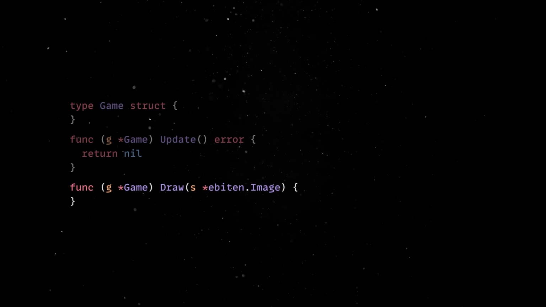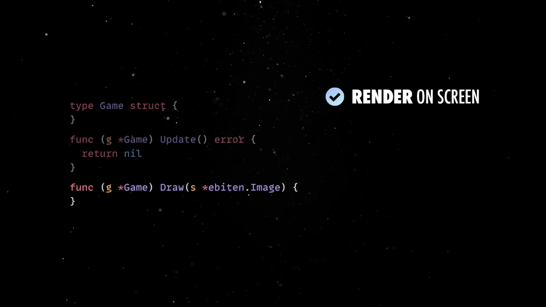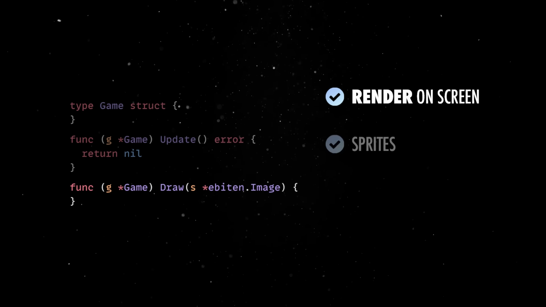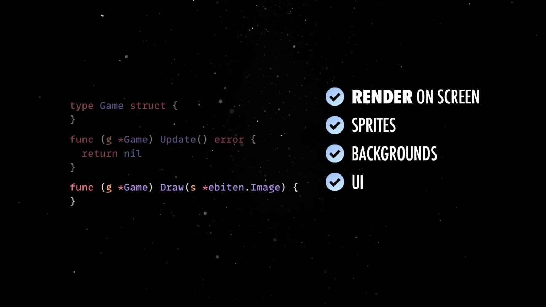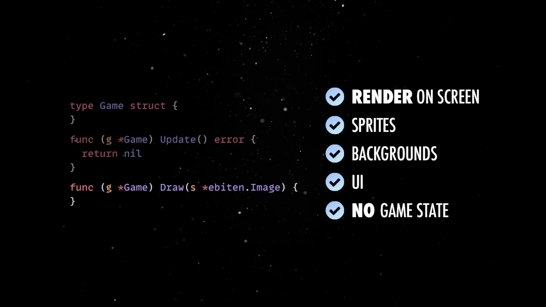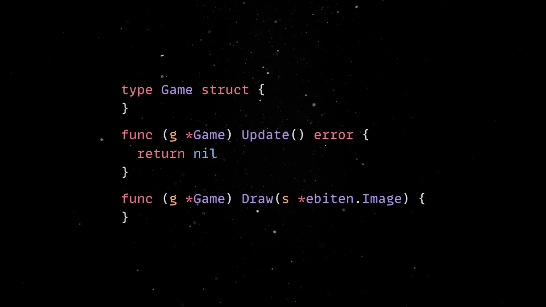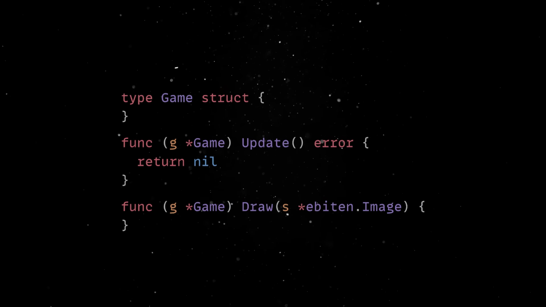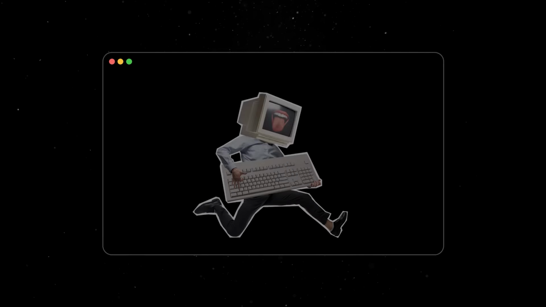The draw method is called after update to render the game onto the screen. This is where visual elements like sprites, backgrounds, and UI are drawn. Remember that the draw method should not modify the game state, it is purely for rendering. Okay, this is all the theory you need to know. For the moment, this code will simply render a blank screen on the page,